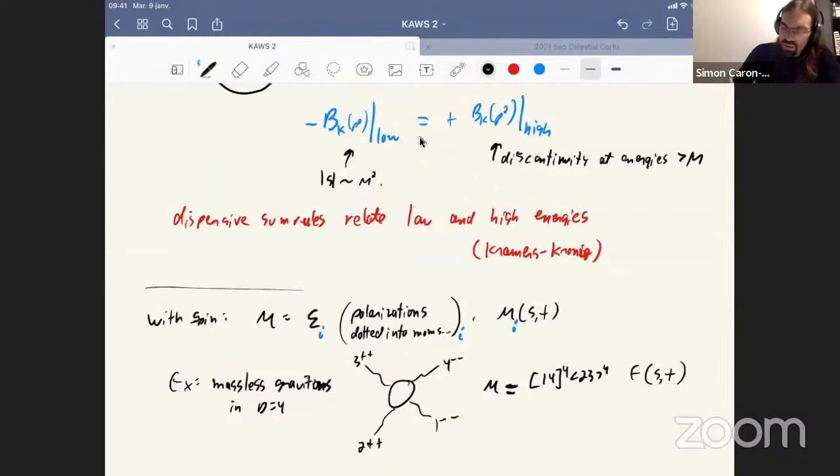And then you have some function of Mandelstam that multiplies that. And you cannot avoid having these factors because if you didn't have them, the amplitude wouldn't transform correctly when you do a boost or a Lorentz transformation. So these factors are really required physically. And they pick up some important phases that the amplitude has.